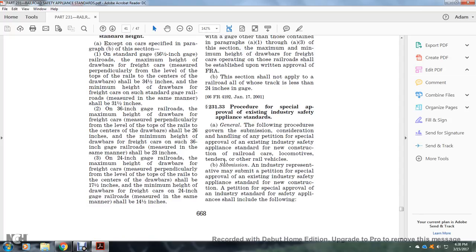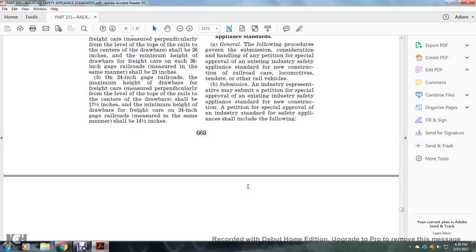All right, 231.33, the procedure for the special approval of existing industry safety appliance standards. General: the following procedure governs the submission, consideration, and handling of any petition for special approval of an existing industry safety appliance standard for the new construction of railroad cars, locomotives, tenders, or other rail vehicles. Submission: an industry representative may submit a petition for special approval of an existing industry safety appliance standard for new construction. A petition for special approval of the industry standard for safety appliances shall include the following: